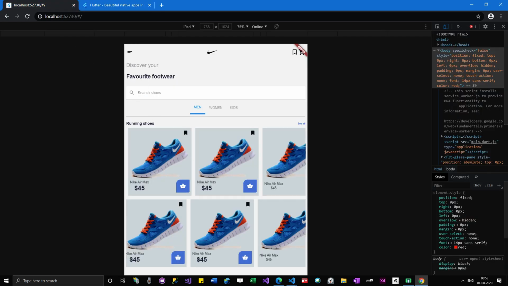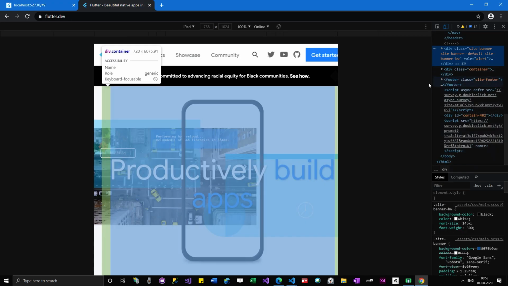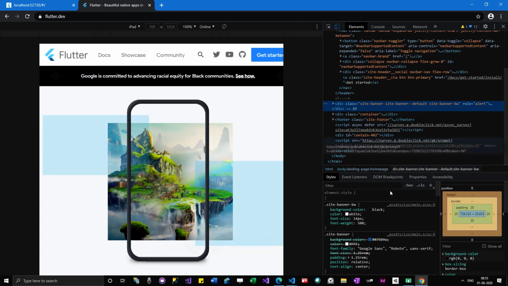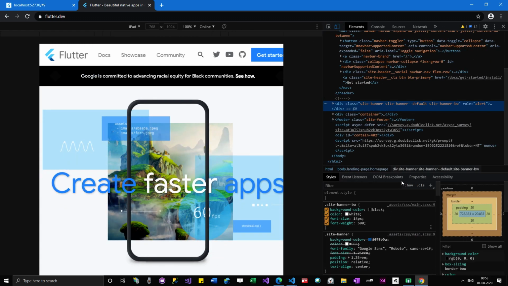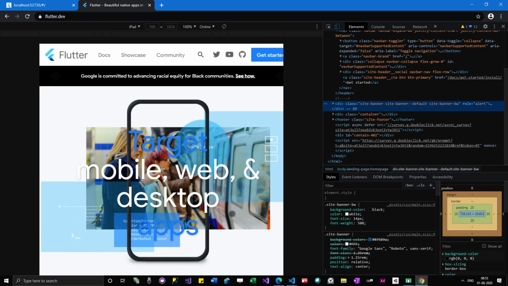From Adobe XD we are able to get the style very straightforwardly, but when it comes to the web, it will definitely be difficult, because styles are inherited from other places and it's hard to debug. Even though there are certain things we can get easily, there are certain things which are very difficult to get.